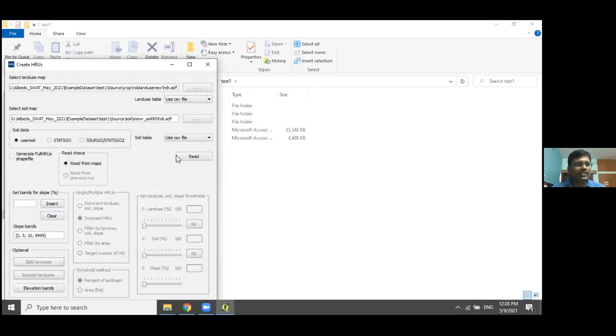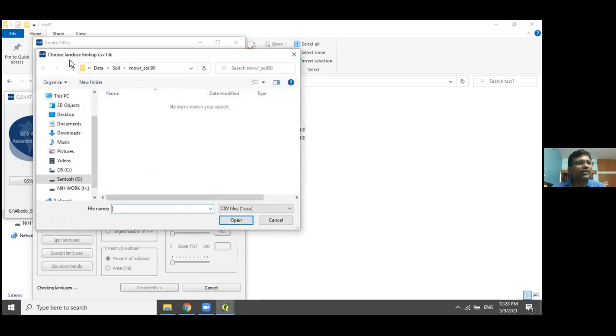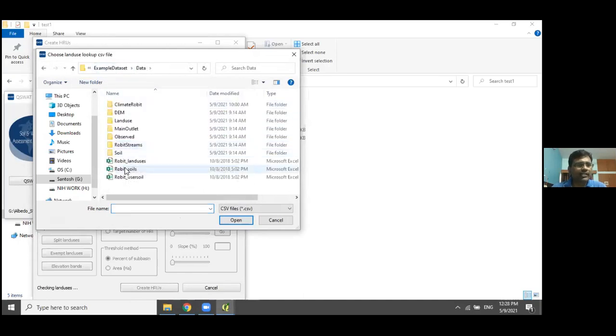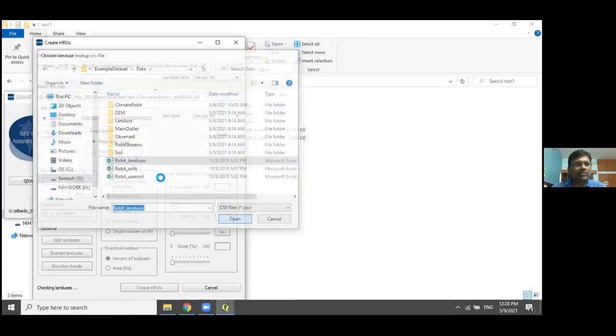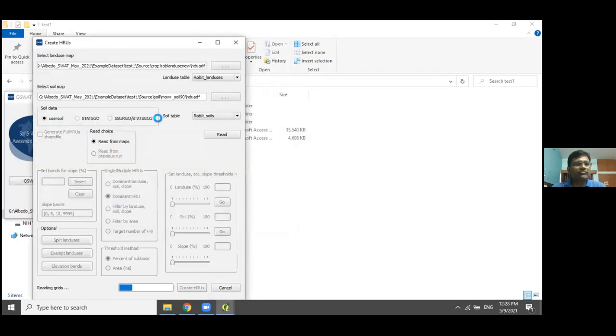There is also other information, but first of all, just read a lookup CSV file for land use land cover. This is the file, the lookup table. Then for soil, this one. So now see, this is working perfectly.